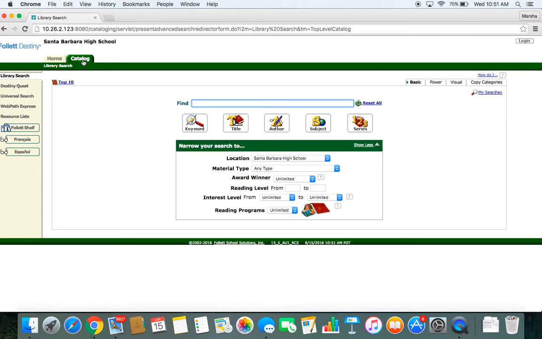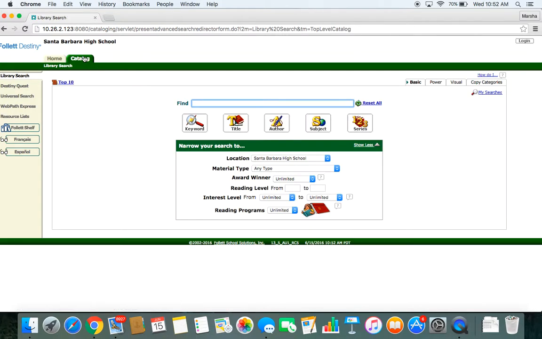The next type of searches that I want to cover are by title and author. These are pretty self-explanatory. For author, you must know the author's last name and you must spell it correctly. If you do that, you'll bring up books by author. For title, you can actually just have a part of the title. For example, if I search fire,